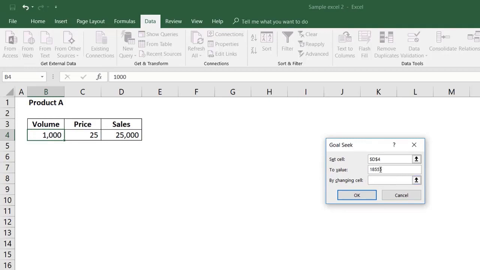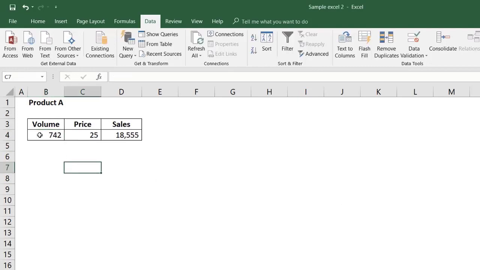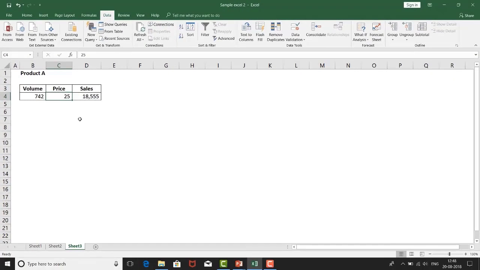18,555. This is not something you can mentally calculate in terms of these numbers, and I want to know, let's say the price remains 25, what is the number of units that product A has to be sold in order to get 18,555 as the revenue or the sales number. So set cell, which is the sales cell, to 18,555 by changing the volume. So you can see that it's 742 sold at 25 becomes